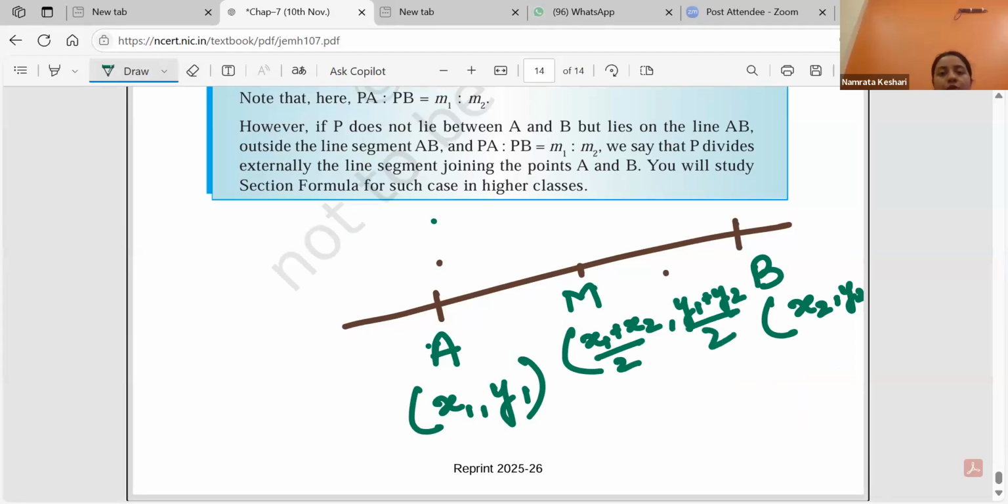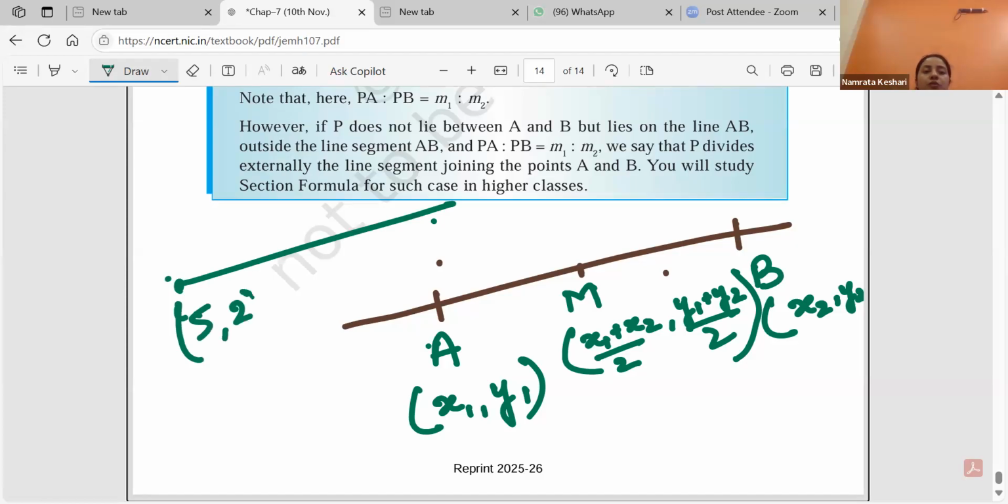So it is the same formula you were using on the number line in the rational numbers chapter, recall, in class 8 maybe. Here we are using it in coordinate form. X1 plus x2 by 2 will give you the x coordinate of the midpoint, and y1 plus y2 by 2 will give you the y coordinate of the midpoint. If I am saying there is a point, let's say 5, 2, and here